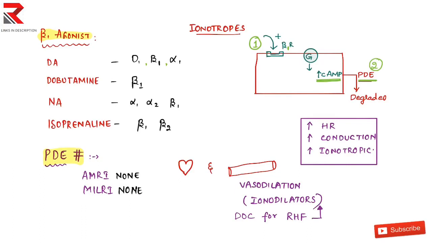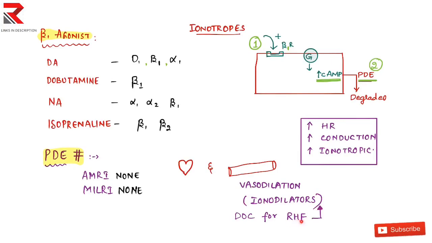And a small side effect here is that the phosphodiesterase enzyme, which we have on the heart and also the blood vessel. On the blood vessel, when this phosphodiesterase enzyme is inhibited, it leads to vasodilation. That's why there is another name given, inodilator.